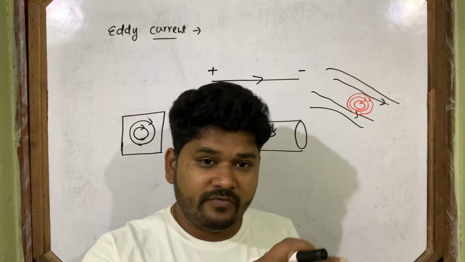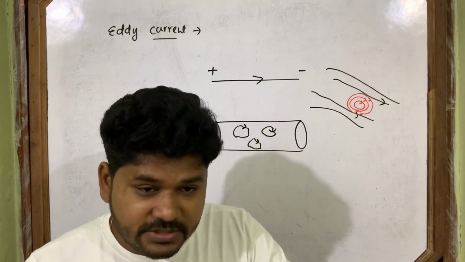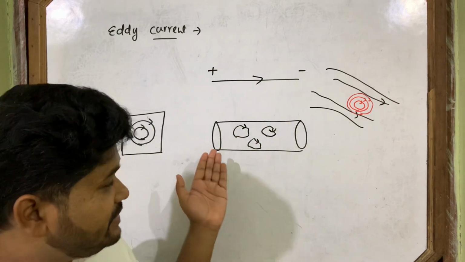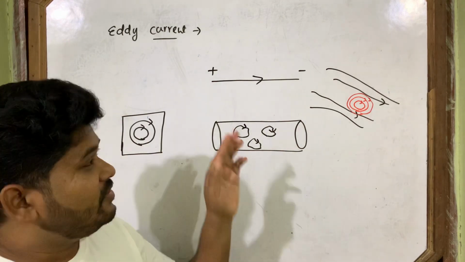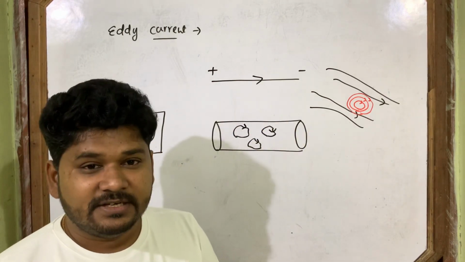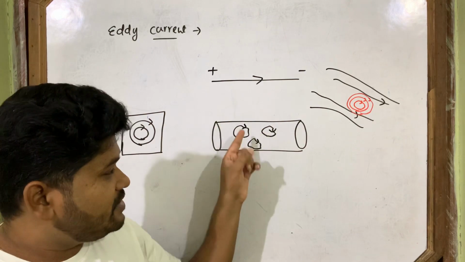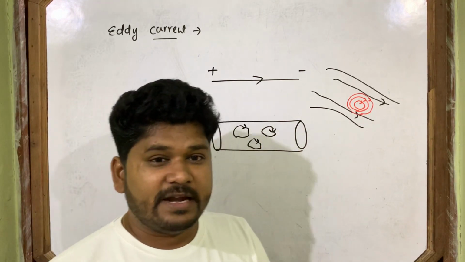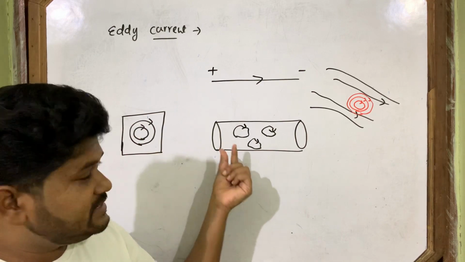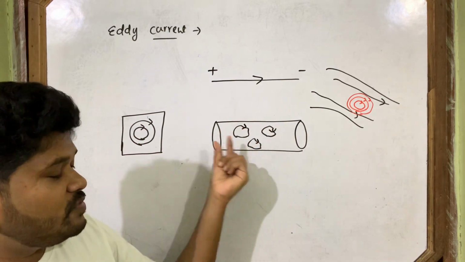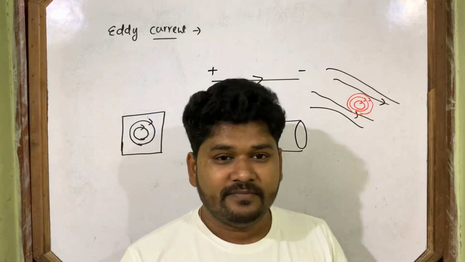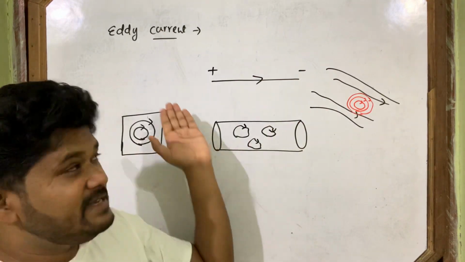So water flows towards the sea, but in some places eddies or whirlpools form. Similarly, current generally flows like this, but in some cases this situation happens. When the magnetic flux linked to the coil changes, then current forms a closed path inside it, just like the river case. Hence its name is eddy current.